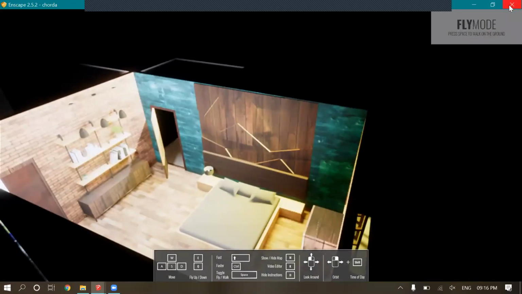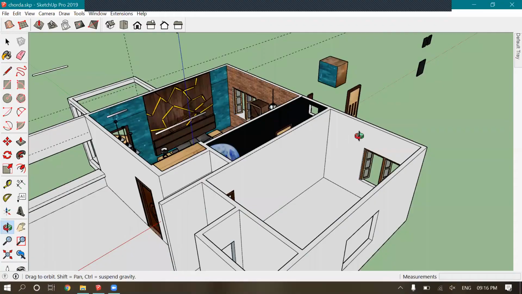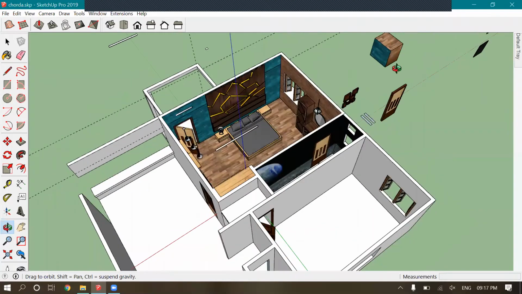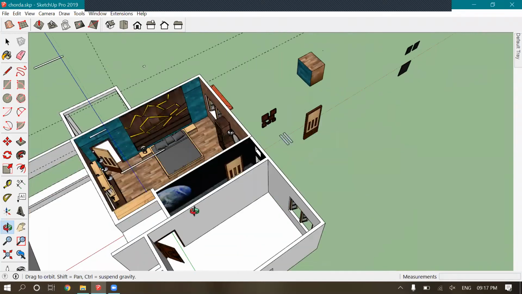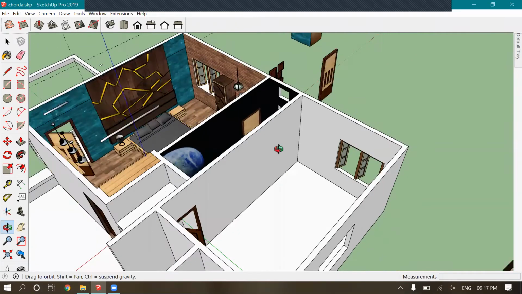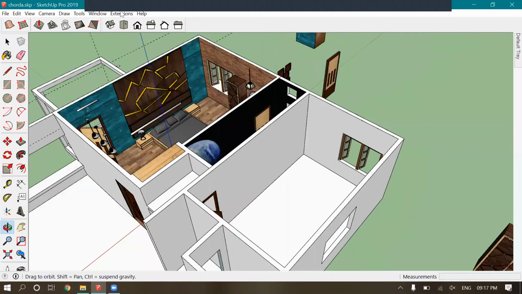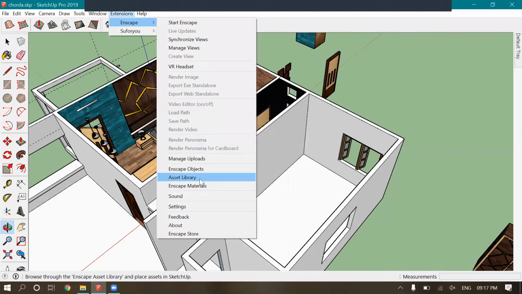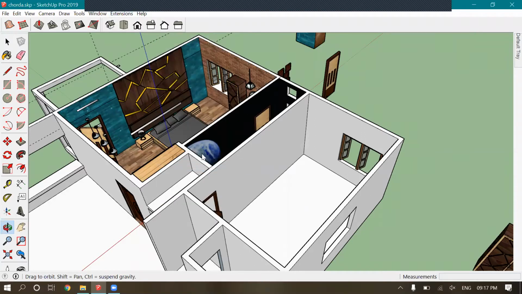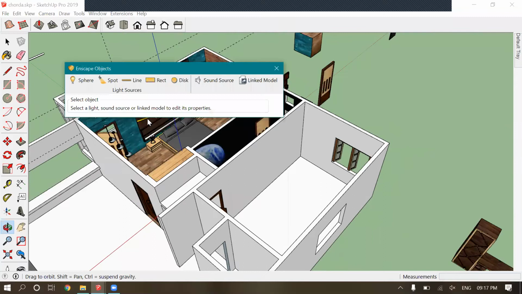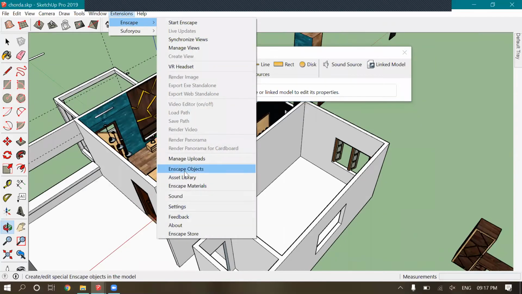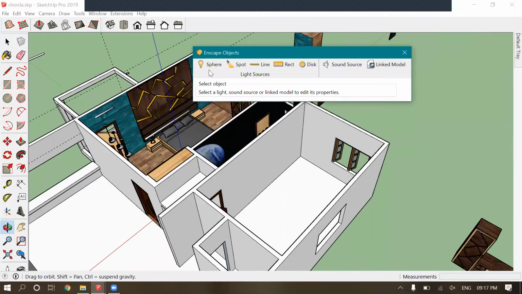The lighting part is done in Inkscape, obviously, but it's the rendering part. So let's say I need to do something over here. So extensions, Inkscape. From extension, Inkscape, and then if you go to Inkscape objects, you all will be getting a tab like this.